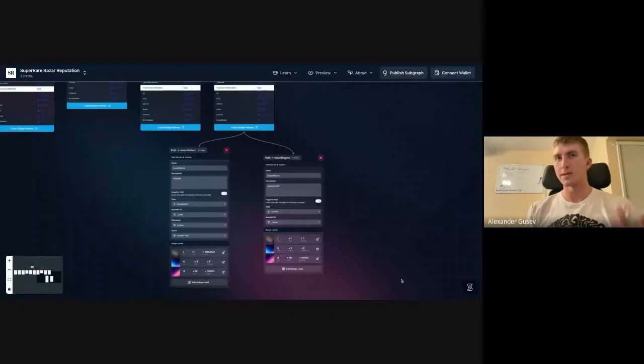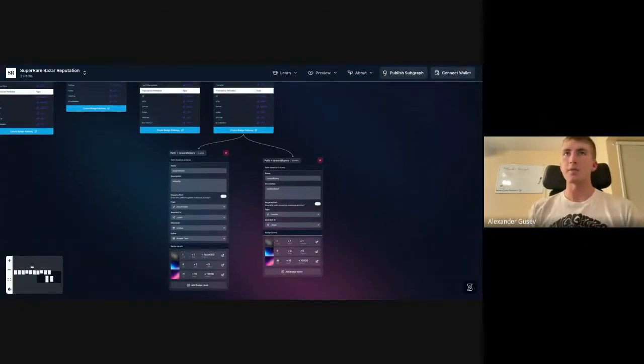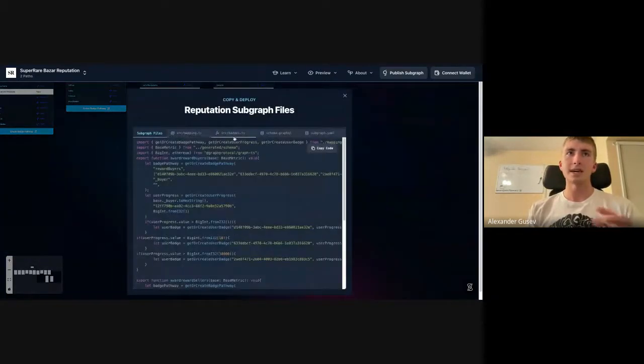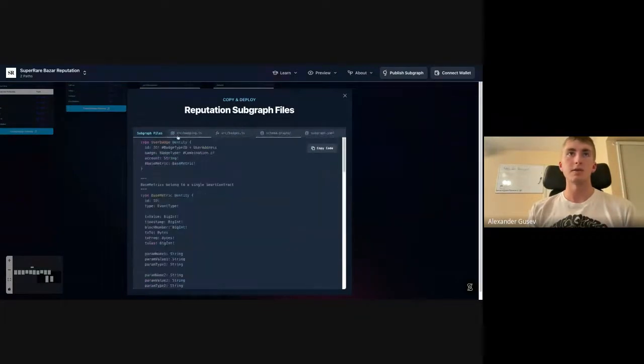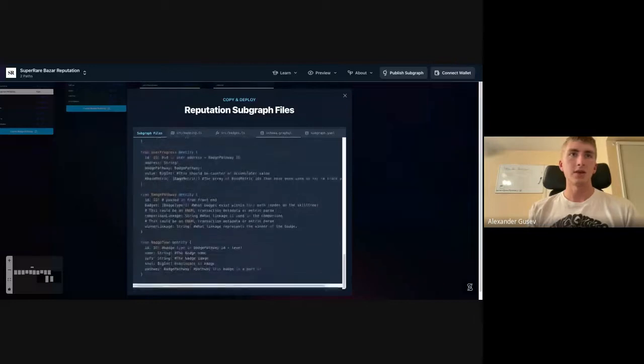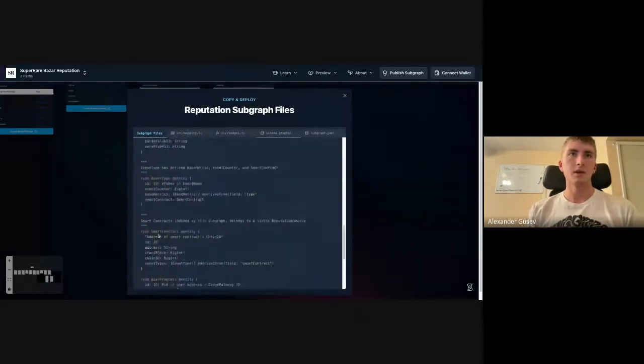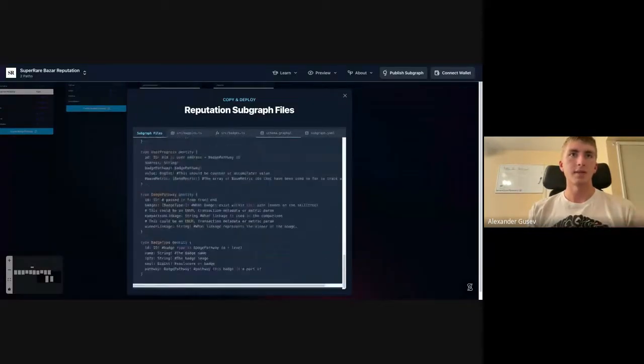And if they buy 10,000, they get a badge with a soul score of 10. So basically you can define these progressions of actions that you care about to mint as NFTs. And these are all made within this specific entity type called a badge, which is over here in the entity thing. I think it's user badge. I don't remember exactly what it is. I'm going to put a refactor in here.